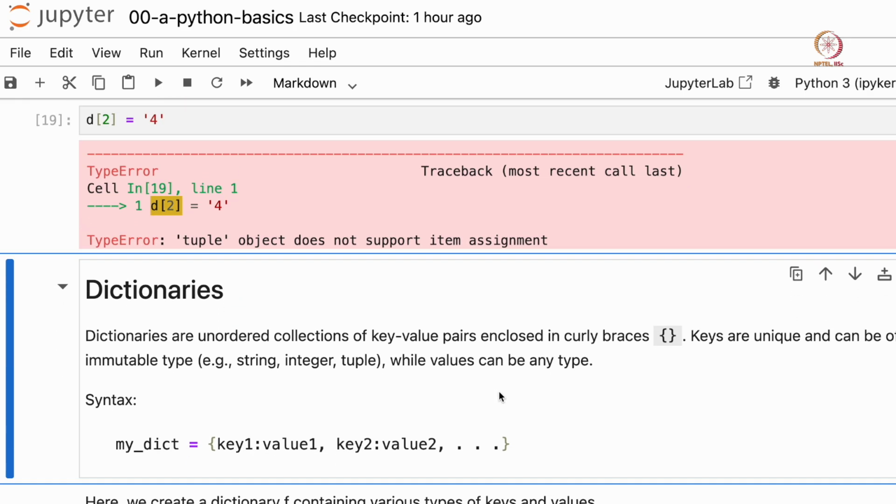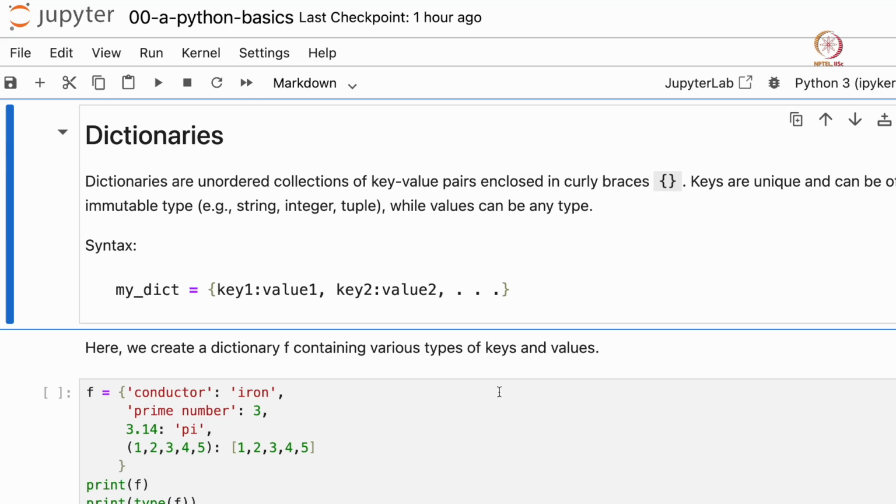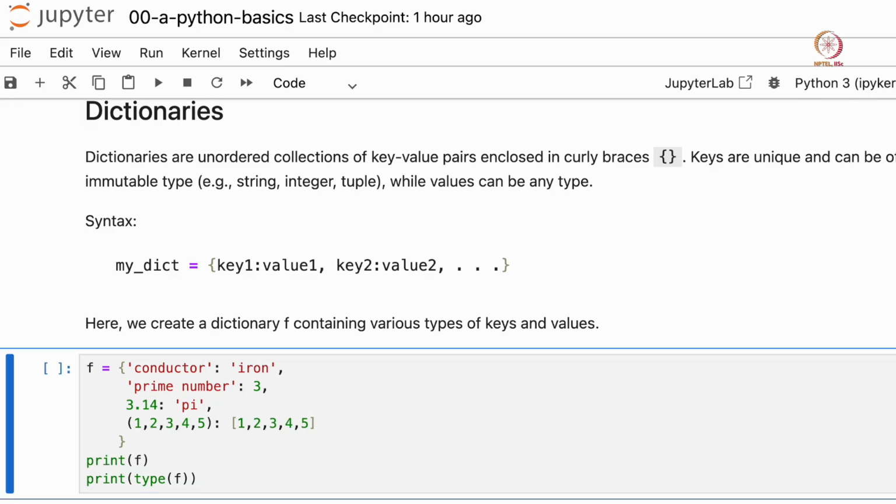Now that's all for lists and tuples. Now let's go to dictionaries. So similar to lists and tuples, dictionaries are an iterable data type. That means it contains various data points, but the arrangement is slightly different. While in tuples and lists, your data automatically gets assigned an index value 0, 1, 2, etc., in a dictionary you have to provide a key value pair for all your data. So for example, let's look at a simple example here.